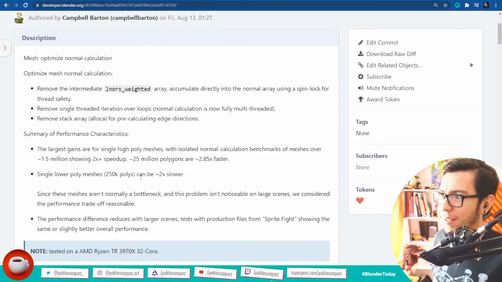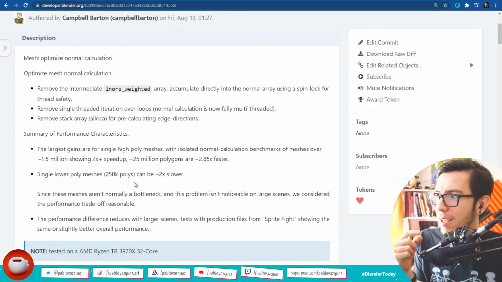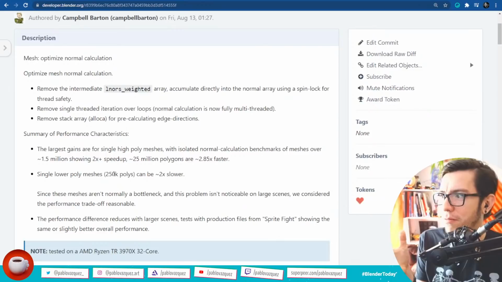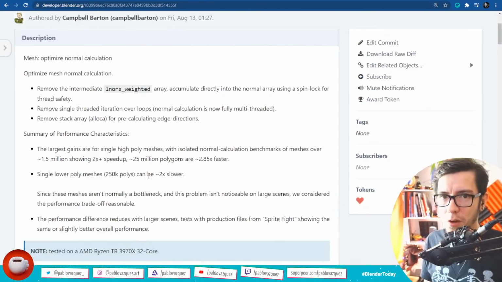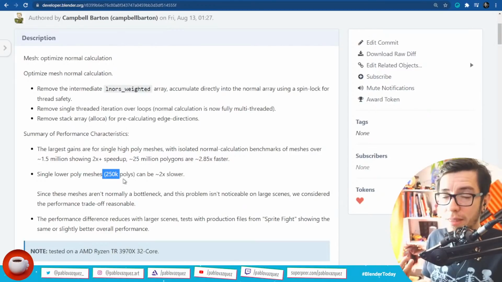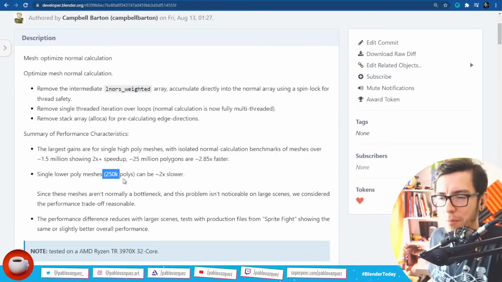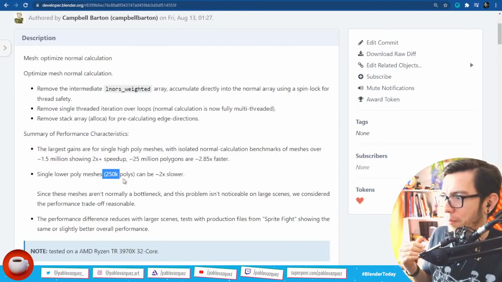However, meshes that don't have so many polygons are actually going to be slower. How many? Well, around 250,000 can be a bit slower. However, meshes of about 250 polygons or 1,000 polygons are already not slow because there are not so many polygons. Based on the tests, the developers went ahead and made this change.